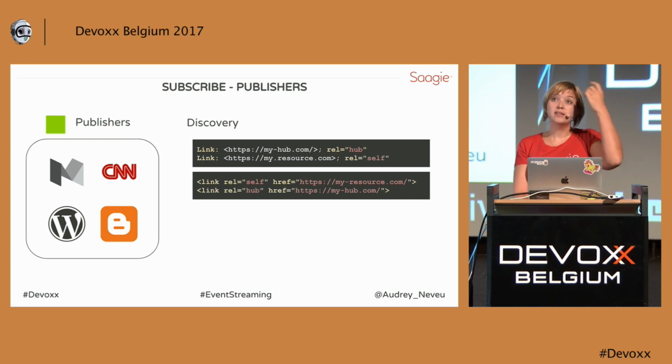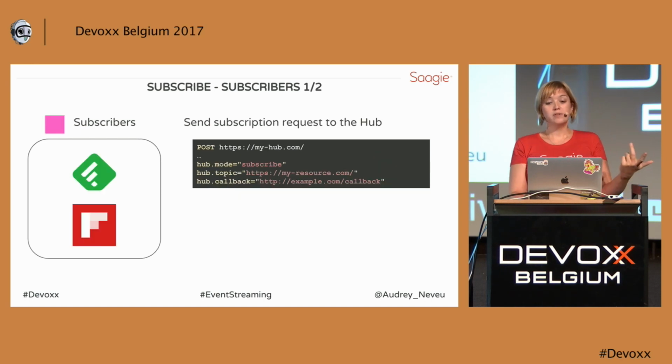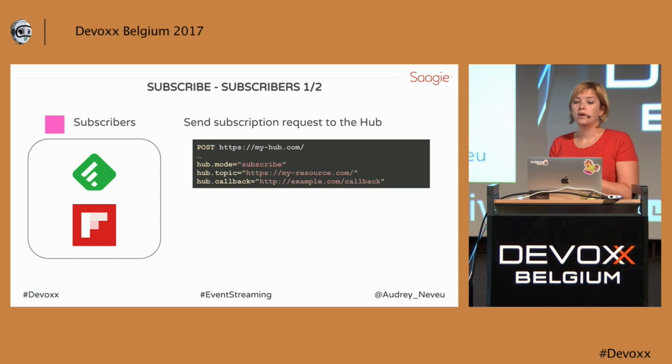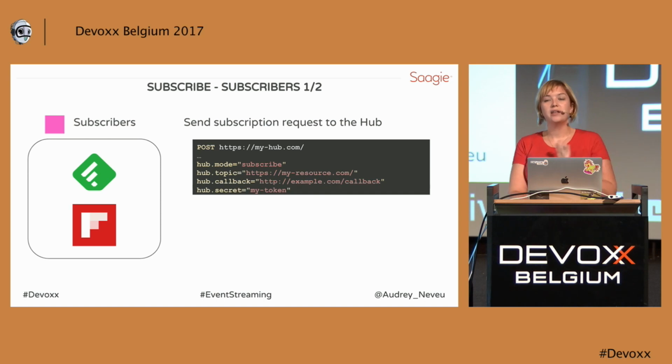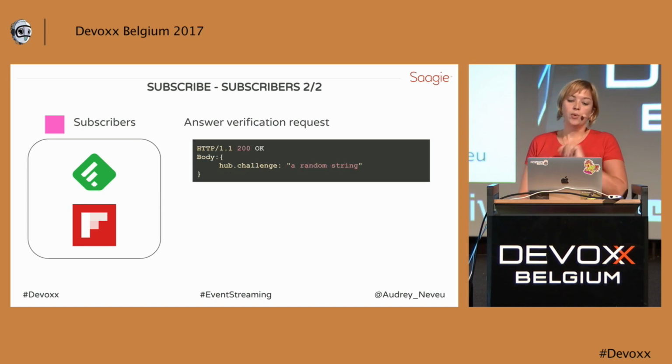And once those 2 links have been published, subscribers can send a subscription request to the hub. It's a POST request to the hub saying, I'm in mode subscribe, that's the topic I'm interested in, and that's my callback URL. And optionally, you can also provide a secret token. Once this is done, the hub will answer with a